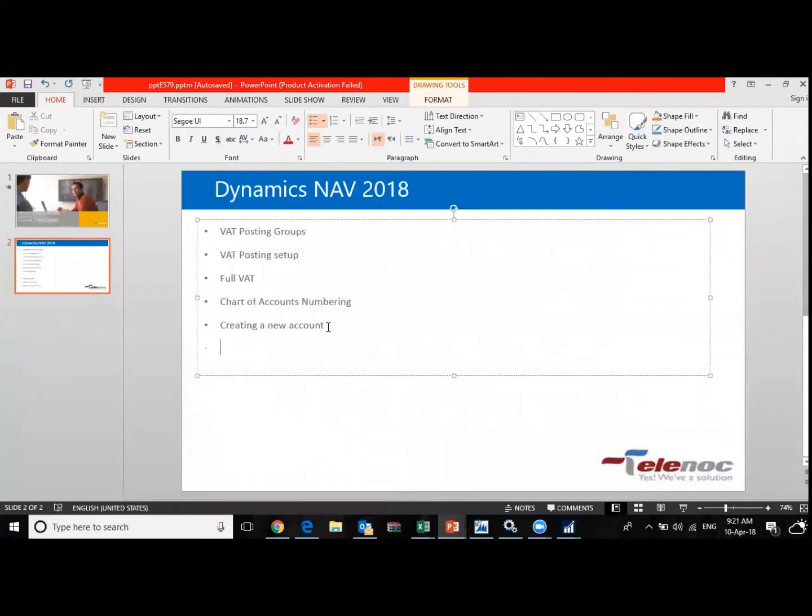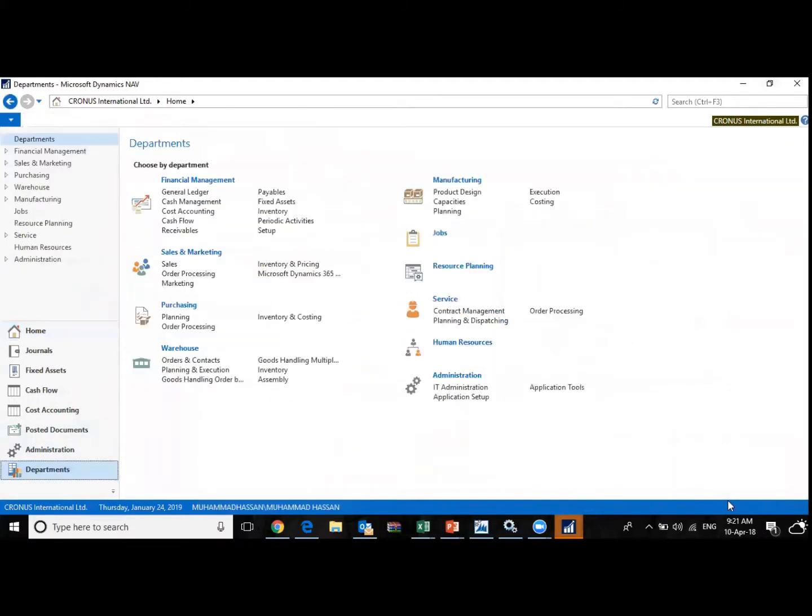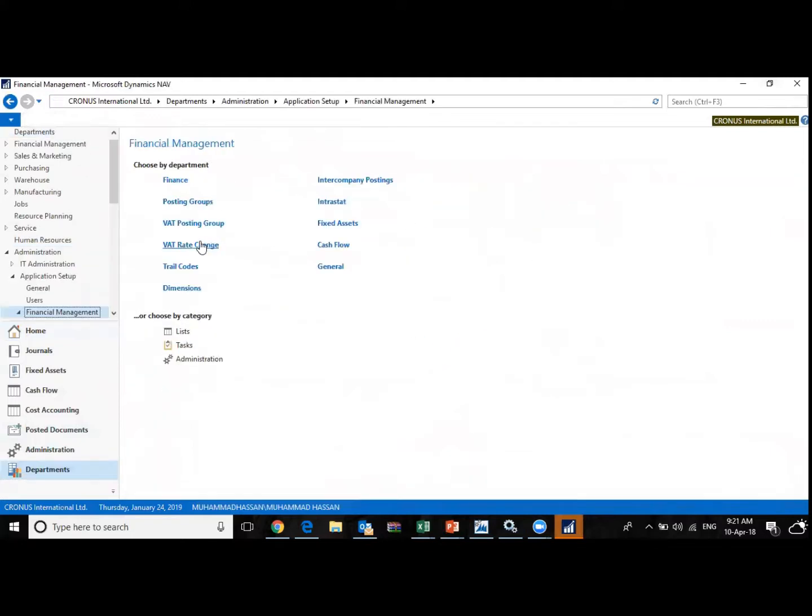Right, so we're going to cover the topic that we skipped in the previous session. We're going to cover the VAT posting groups and the VAT posting setup, discuss what is full VAT, and then we're going to discuss the chart of accounts, which is the heart of the system, the core of the system, and we'll also see how to create new accounts and what are the things to keep in mind while creating new accounts. Okay, so I'm just going to quickly jump over to the posting groups, administration, financial management,